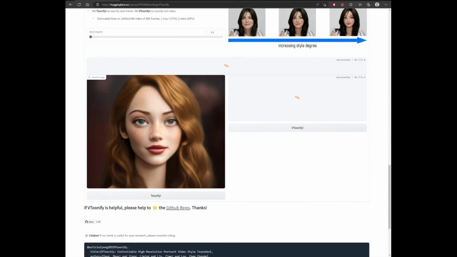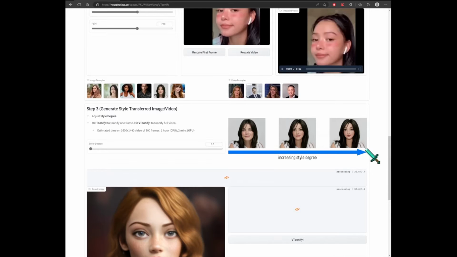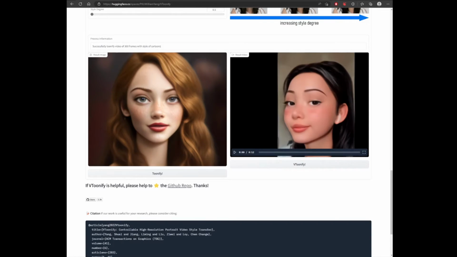So this is a little bit slower because it's online, but it's still pretty fast. All right, not as fast as last time, but still pretty good. It took 120 seconds to get our 12-second video, which is pretty fast for this type of technology because you're actually doing an image to image for every single frame. For a video like this, 12 seconds is almost 200 frames. So it's doing 200 frames in 2 minutes, which is crazy. Here we got our